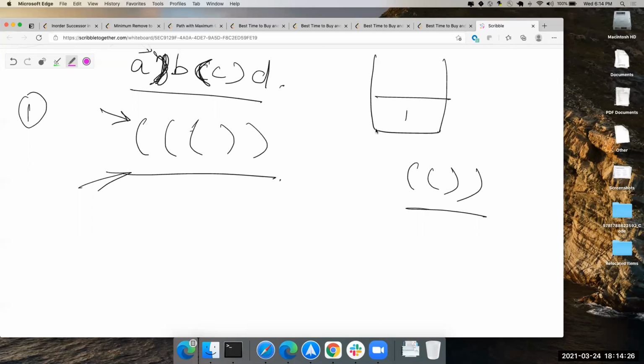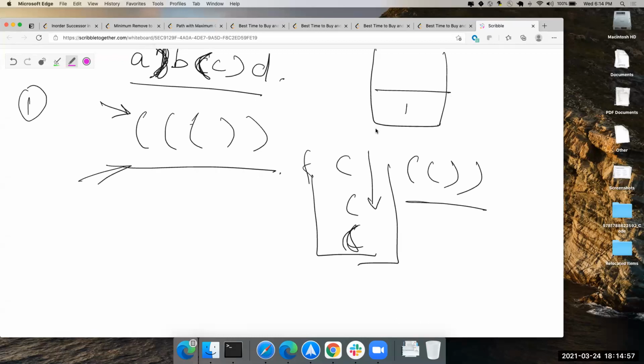Let's look at my stack. My stack is going to have 0, 1, 2, and then for 3 and 4 it's going to pop, which means 0 is left in my stack, which means it's invalid. So then I remove it. Visualizing it, you put this, and this is what you remove. I put the indexes, I don't put the characters.